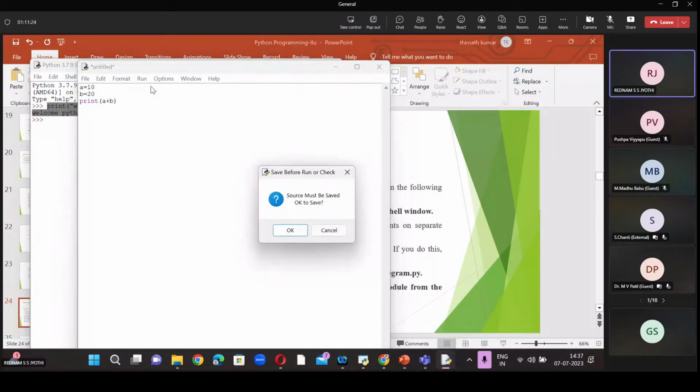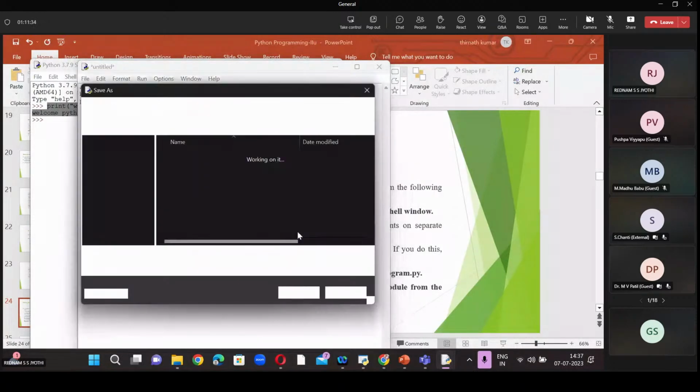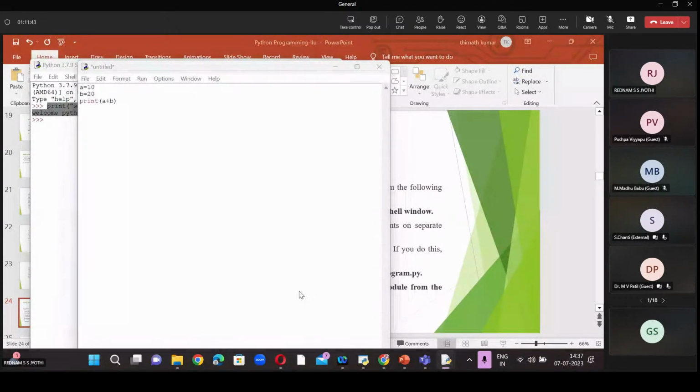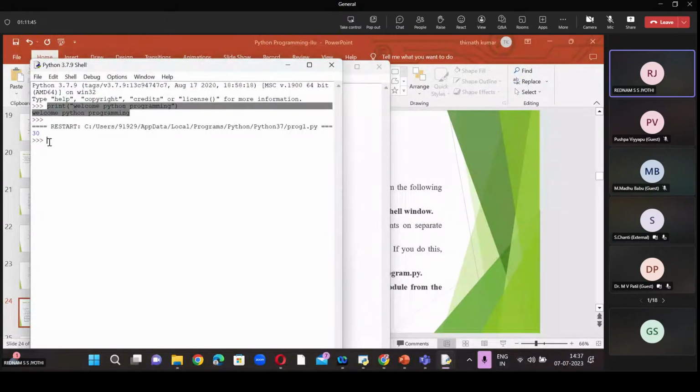Then click on Run Module. Here there is a dialog box: Save before run or check. Source must be saved. OK to save? Yes. Then we will give some file name, program one. Save. After saving this, the output will be displayed at the Python command prompt.